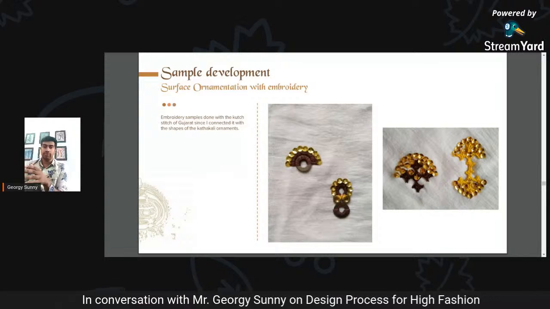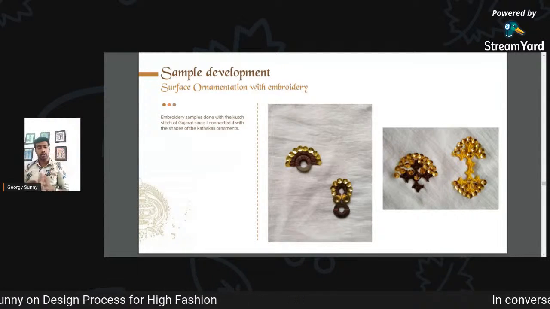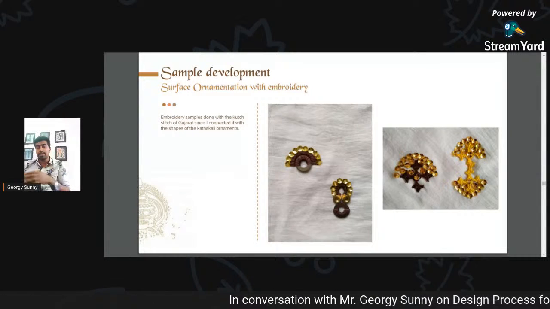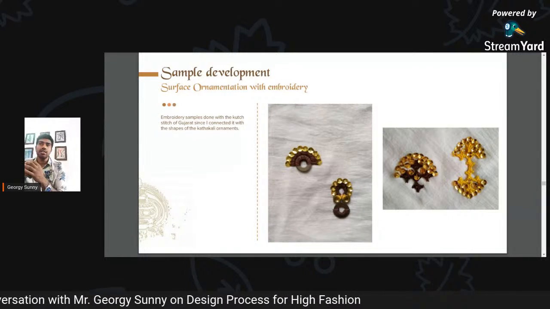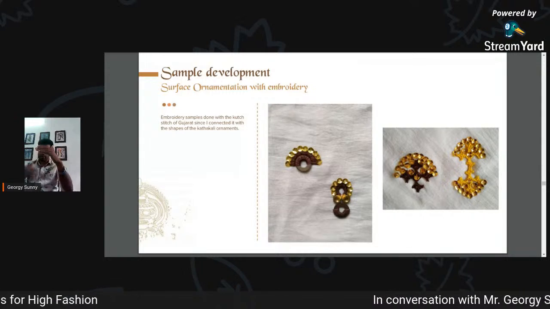That's why I'm saying there's no hard and fast rule. If you like to experiment with that medium on this medium and create something new, it's perfectly okay. You can experiment really crazy in any way to develop something completely new. The idea of high fashion is that it is at the top of the pyramid. From high fashion, all the ready to wear and streetwear is emerging. So